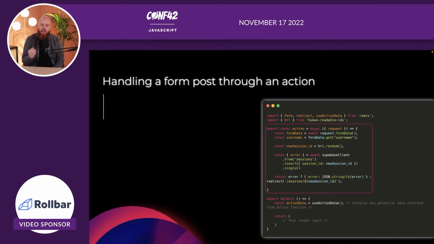But what Remix is really focused on is also your error handling, which in the README of Remix, there's a lot of information there. But what I use, for instance, here is say, okay, well, if this Supabase client returns me an error, I don't want to redirect. I want to show what went wrong. So how do I do that? Well, I just return an object here to be used.